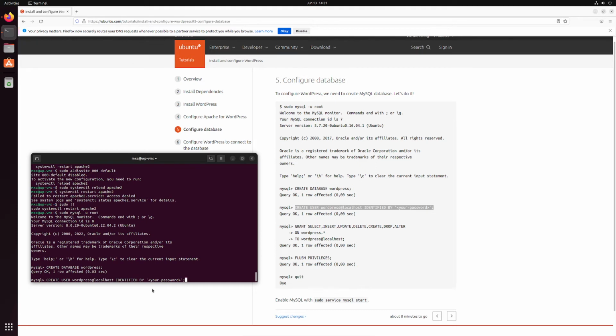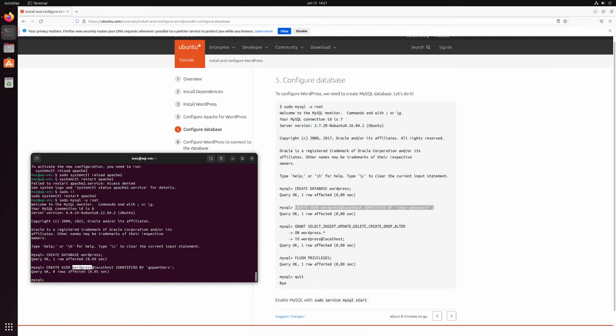But the password isn't going to be your password. Let's make it Go Panthers. All right. So here we say the username is WordPress, and here we say the password is Go Panthers. All right. And then we're going to do these: grant, select,